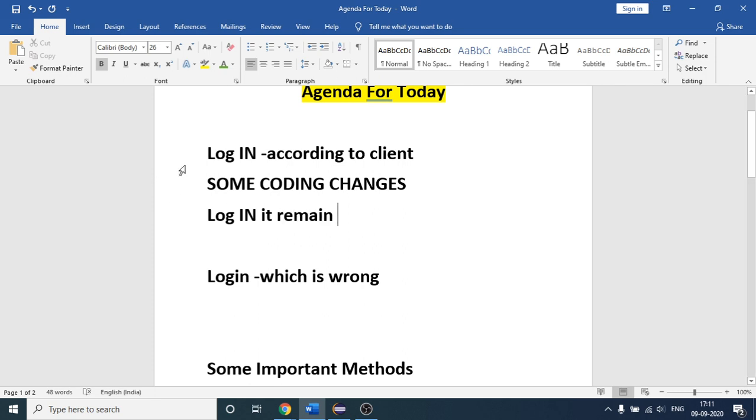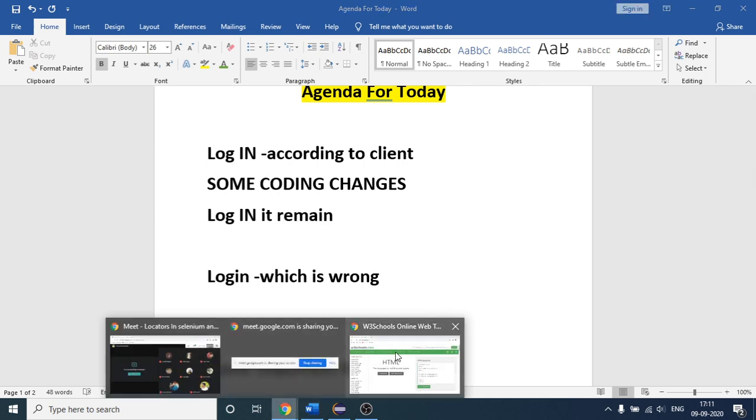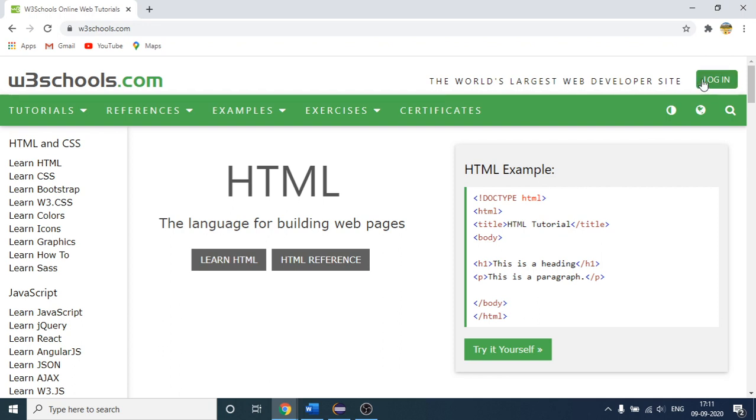So what I will do is first get this text with the help of the getText method, and after that I will put an if-else condition to check whether we are getting the correct text from this button or not. I will do this practical so it might be clearer to you. First of all, let me open this website with the help of driver.get.